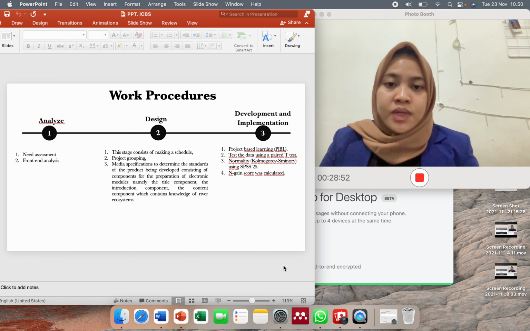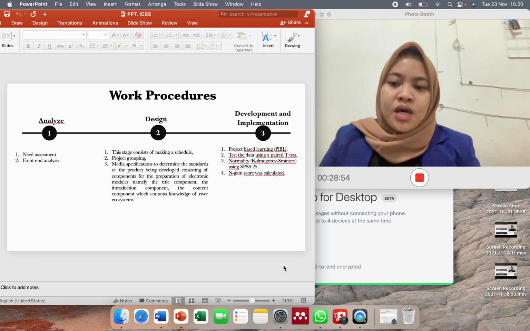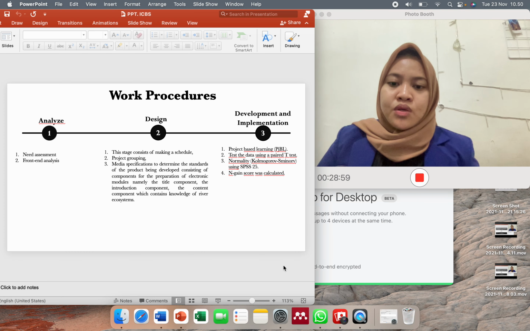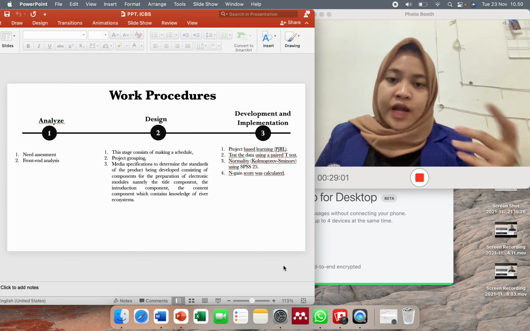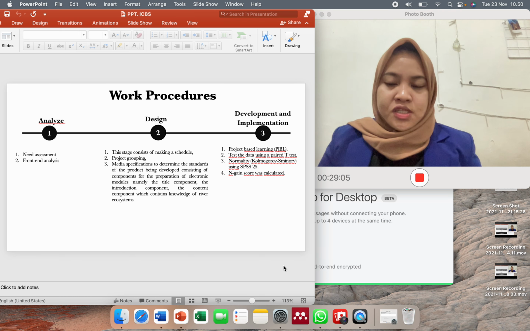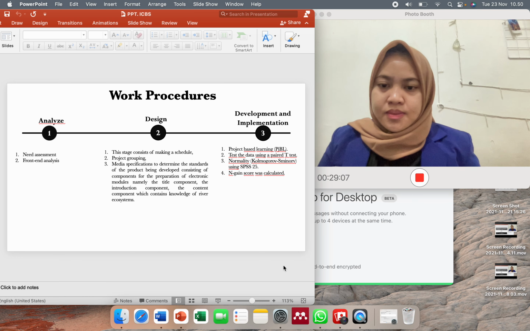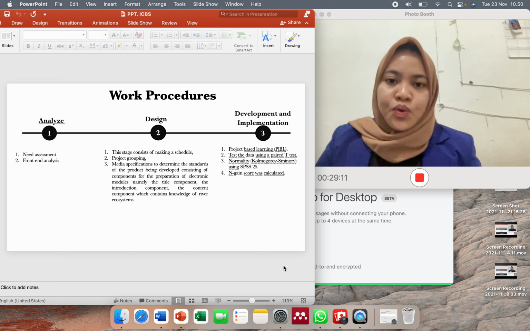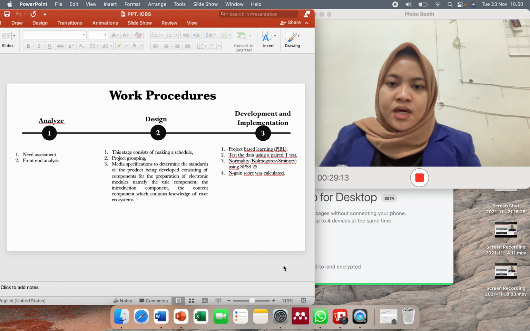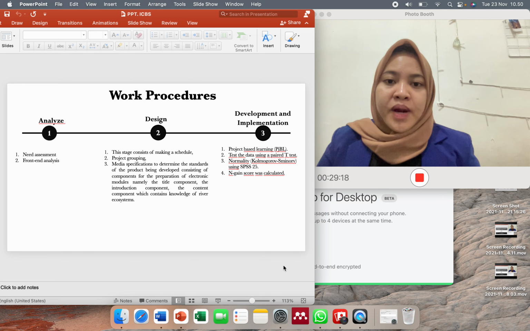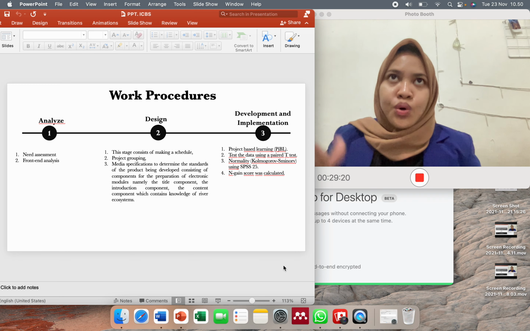And then development and implementation: in the development stage, we show a prototype of the product, and for the implementation stage, we use the project-based learning model.